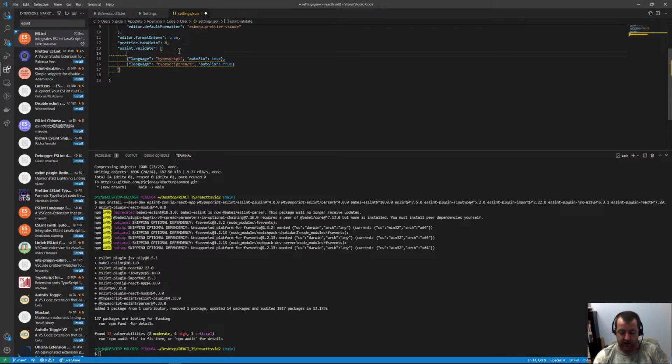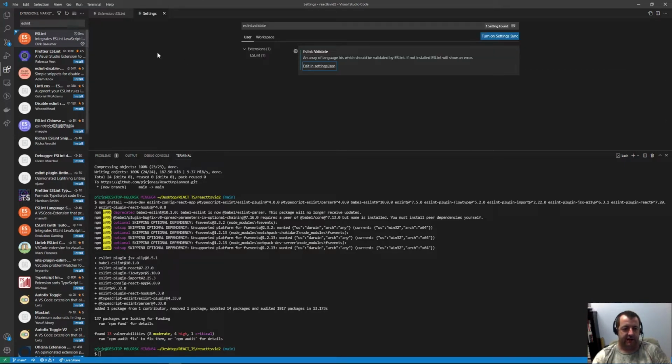We can also add JavaScript, and we can add JavaScript React. But you will notice that here we don't set the settings to autofix. Because we are not using JavaScript, I'm just not going to worry about those two elements because this is a TypeScript exercise. Now, once we've configured that and we're going to save that,